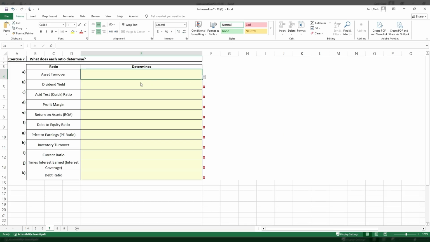Again, this is just basically kind of a drop-down one. It's very similar to what we were doing on the earlier tabs. What does each ratio determine? Asset turnover. Again, it's this idea of specific types of ratios, with asset turnover being an efficiency type of ratio,